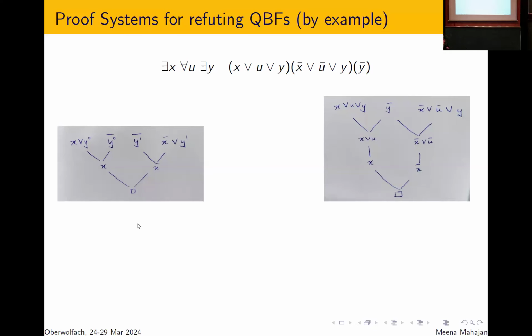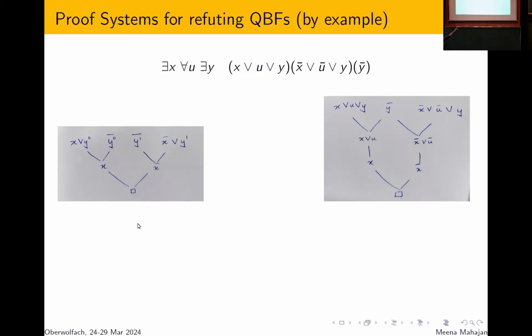But on the other hand, if she can still win now, then it is clear that the only way in which she could win is by satisfying the clause x. She can't set x to false and hope that your opponent, the universal player, is going to be very benevolent and nice and set u to false. The universal player is an adversary who is out to get you. So therefore, if she has to win and there is this clause x or u, and u is universal coming after x, there's no other existential variable in that clause which she can use, then she has to set x to true. So u can just be removed from this clause.